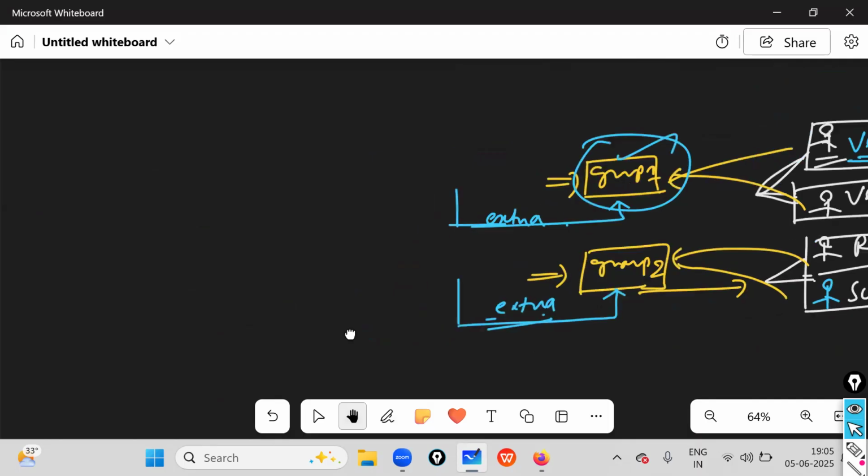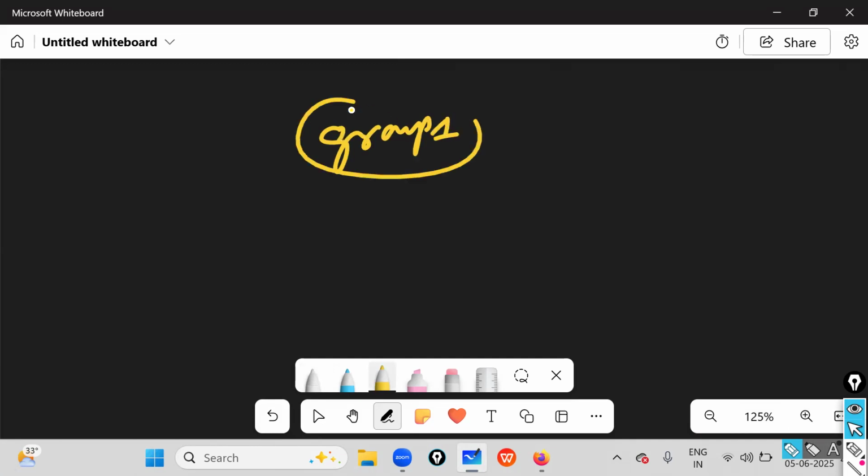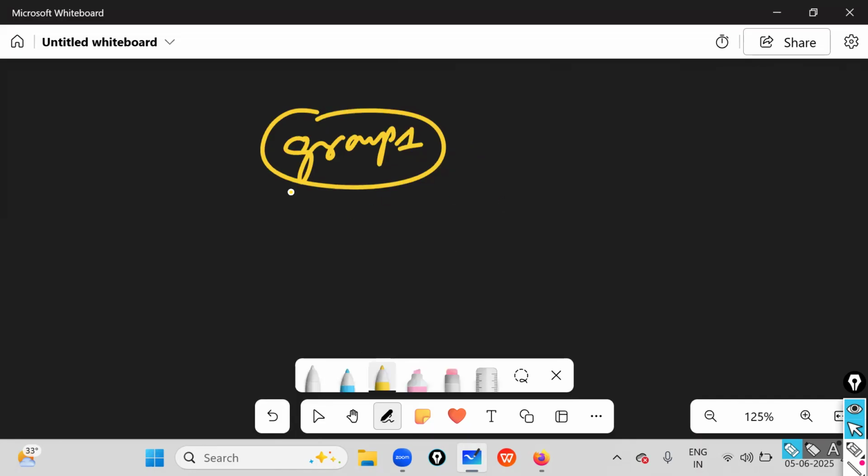That means just create a group, boss. How to do that, sir? Simple, very, very simple. Just create a group, group one. Afterwards, add members. Venkatesh is a member or user, and Venkat is one more member or user.